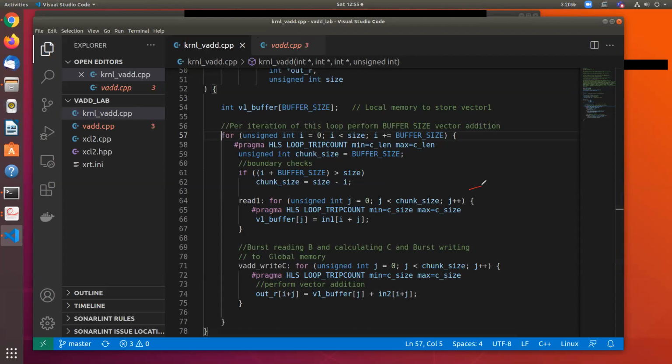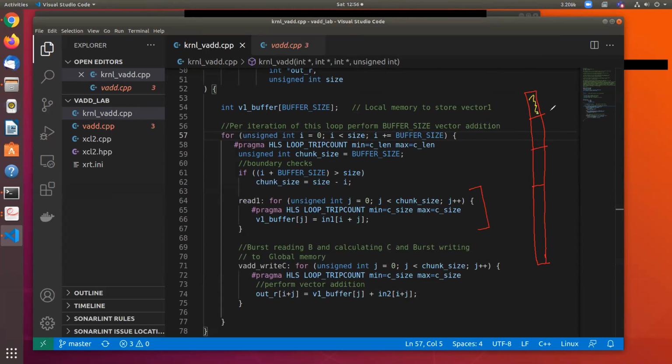In this first part, if this is your whole vector, then this vector is divided into chunks of